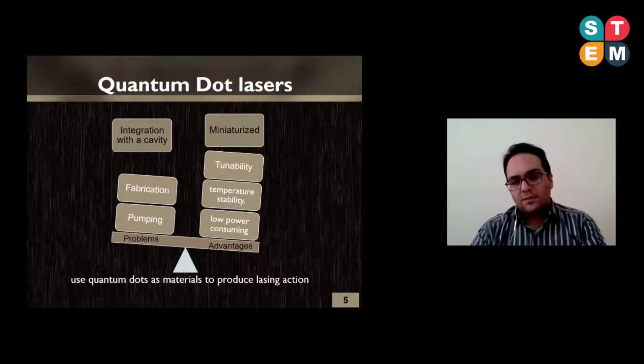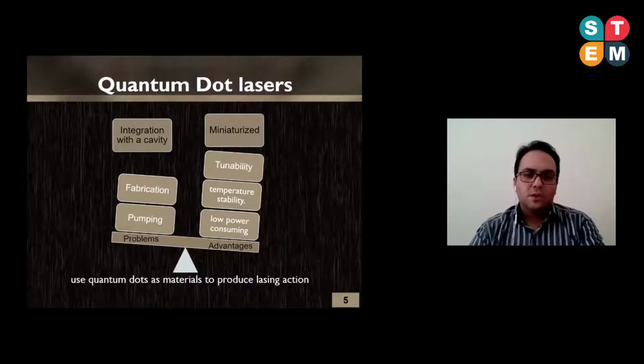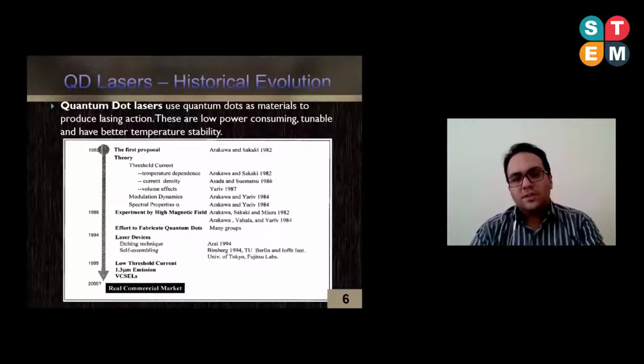You can see that the advantages are lower power consumption, temperature stability, tunability, and miniaturized size. And maybe its challenge is the pumping method, which may be somewhat difficult. Its fabrication is not very cost effective, and integrating the quantum dots with the resonating medium is not very easy for us. And in this slide, you can see the historical evolution of quantum dots from 1982